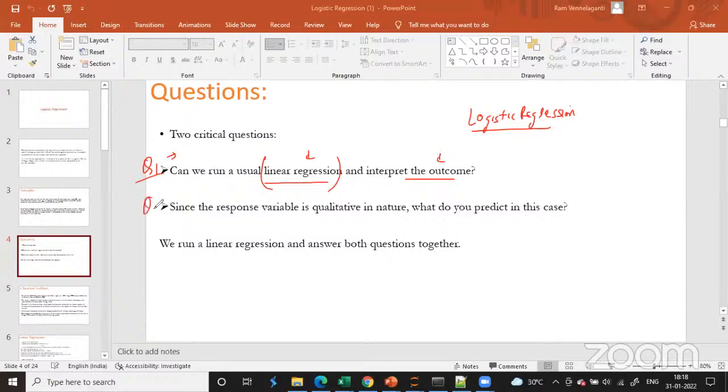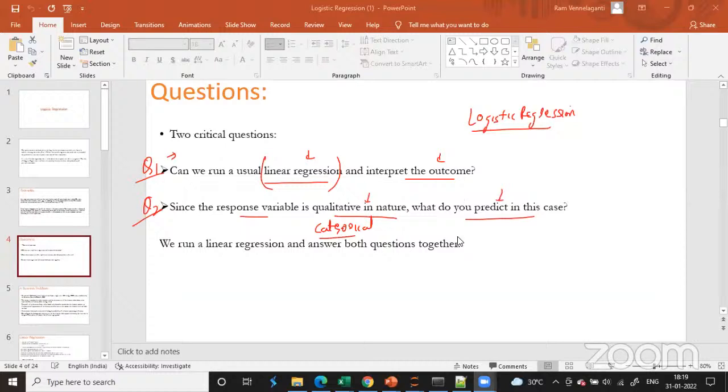What is the second question we would like to answer? Since the response variable or target variable is qualitative in nature, it is categorical in nature, what is it that we are going to actually predict when we are solving these kind of problems? So these two questions we have to answer. Before we answer these two questions,